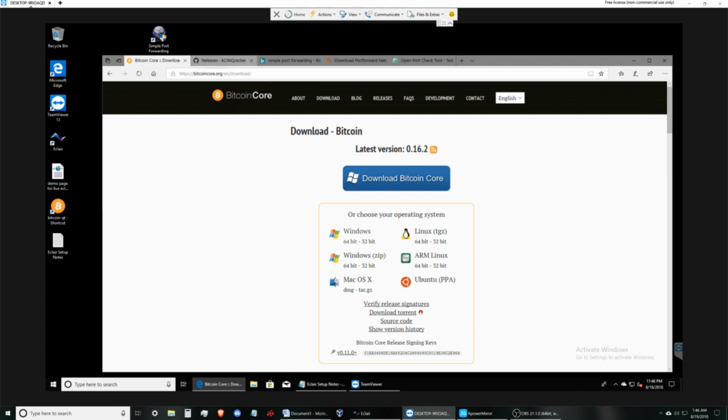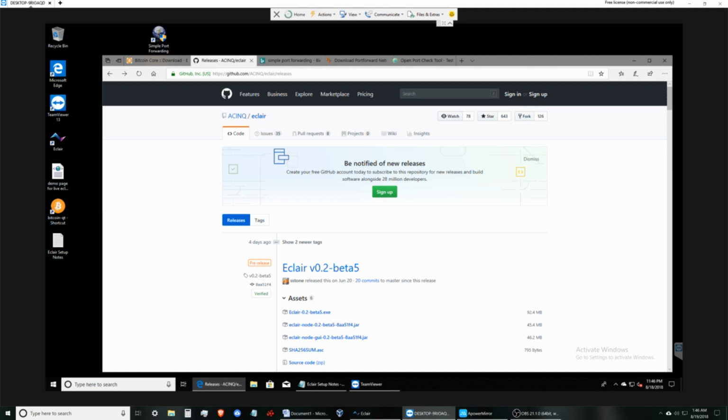Secondly, on the list, you're gonna need the Eclair wallet, which is located at this website. As you can see here, there's an exe for Windows and also a jar file for both Linux and Mac distributions if you want to install there. The port that Lightning Network apps run on is 9735. You'll find that this is similar for both Eclair and the Zap wallet